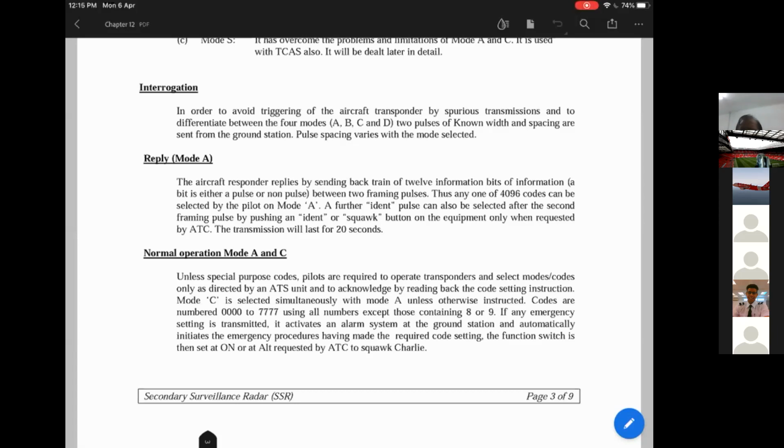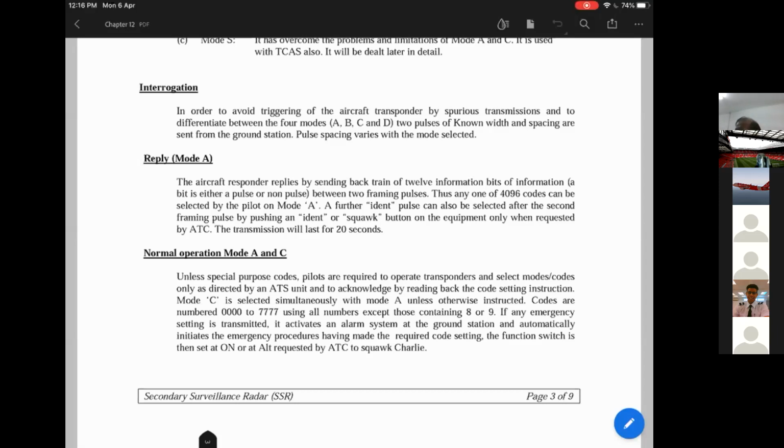The numbering of the codes is from 0000 to 7777. The total number of codes available in a particular mode is 4096. I repeat,